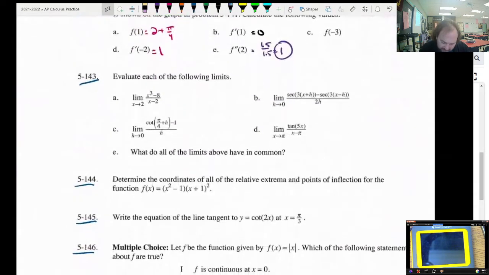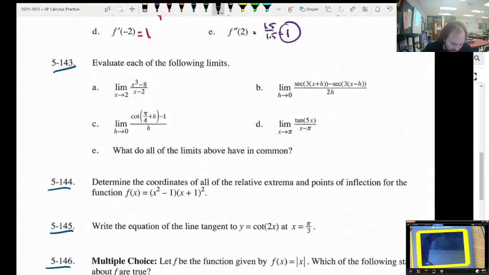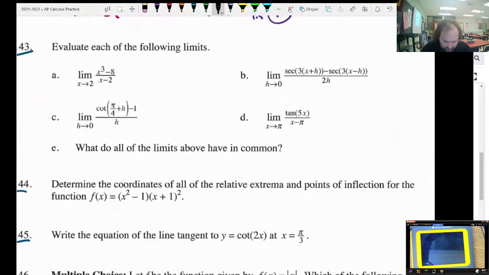I can tell you this is going to be nice for you, because this is probably the last time that we'll do an example kind of like these limit problems, because we're about to learn how to do L'Hopital's rule, which makes pretty much all limit problems a thing of the past if you remember how to use it. For question A, I don't like question A. I'm going to throw out question A. I'm not going to require you to do